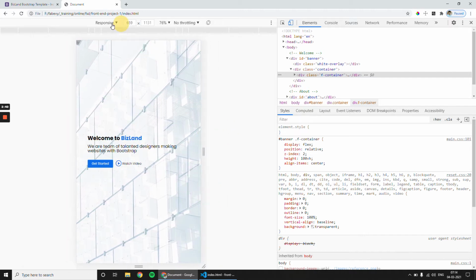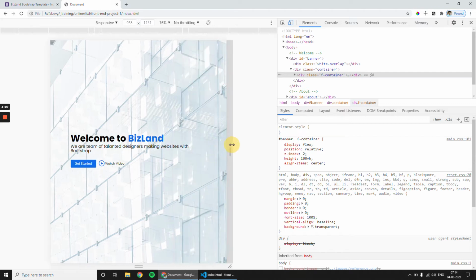You will select a particular device, or you will change the values here. This is okay, but it will not give 100% accurate output all the time. So to test in a general way you can use it, but it will not give 100% accuracy. So how do you test with perfect accuracy?